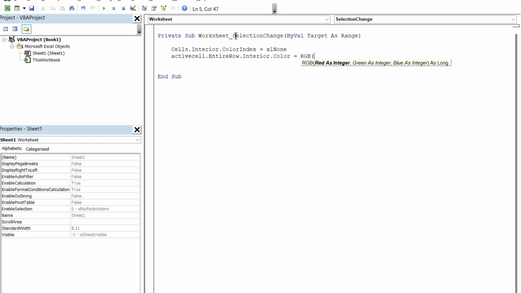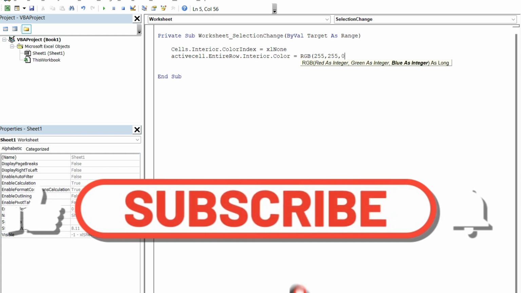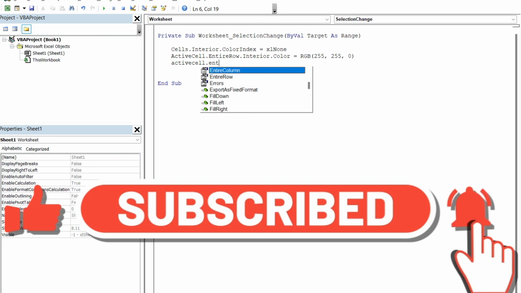You can do a Google search for an RGB calculator or a lookup to see what combination you want, specifically if there's a certain color code you want. In this example, I'm going to use yellow, which is just 255, 255, and 0. And then for the ActiveCell, the EntireColumn,